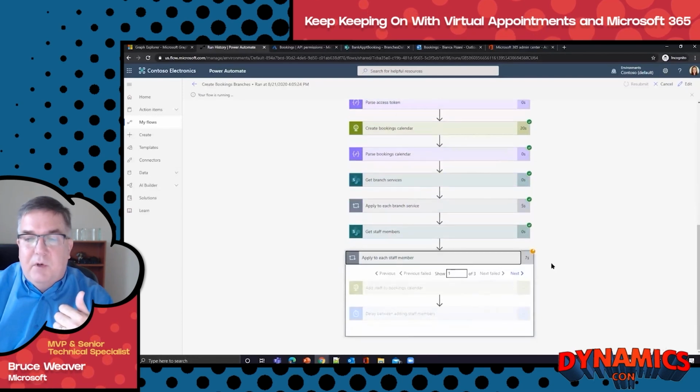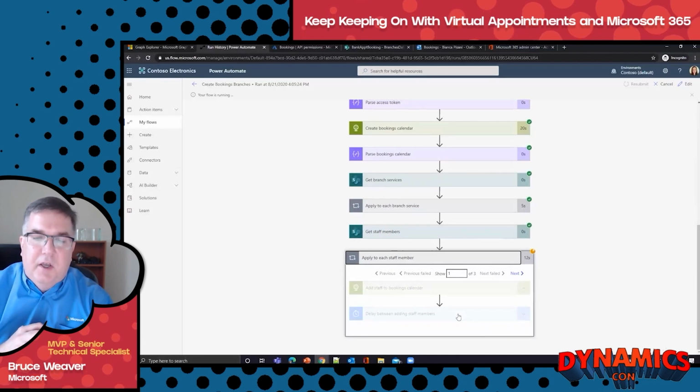Now, these may take a few seconds. I built in a delay as we were going through the loop. I didn't mention earlier, but it's true. So to be transparent, the Bookings API is currently in beta. And while it's functional, I have noticed that sometimes when adding staff members, I get some false readings in terms of how flow shows error conditions or not. So I put in these delays to help work through that.